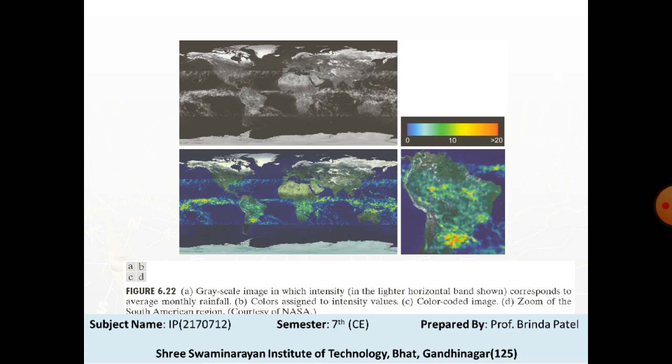So suppose that we code intensity levels from 0 to 255 using the colors shown in the figure. Values toward blue represent significantly low values of rainfall, with the opposite being true of red. Note here that the scale tops out at pure red for values of rainfall greater than 20 inches. So this figure shows the result of color coding the gray image with the color map just discussed. The results are much easier to interpret, as shown in this figure and in the zoomed area.